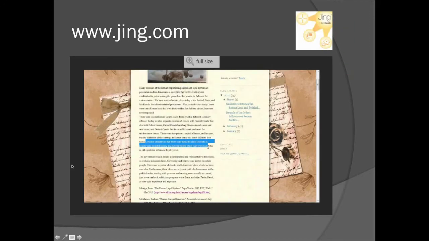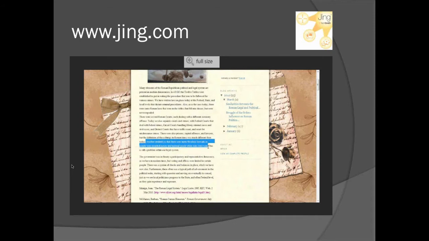Jing is an application. Again, it's free. What it does is it turns your computer screen into a screencast, so that you can pull up a student's work, whether it's a website they've created or a paper they've written, and you can push record and talk through all of your feedback.